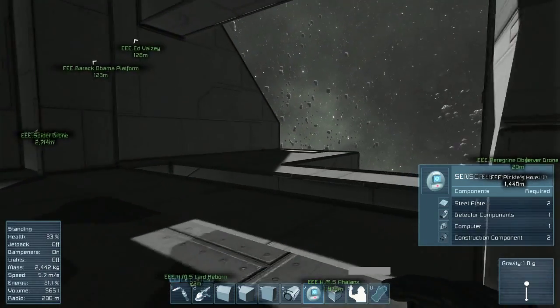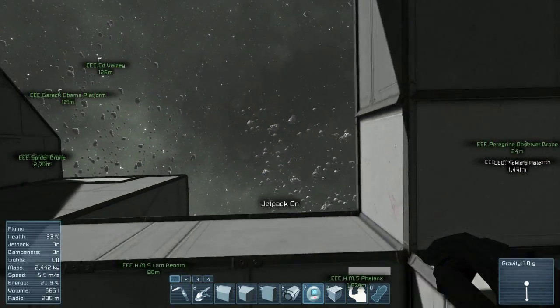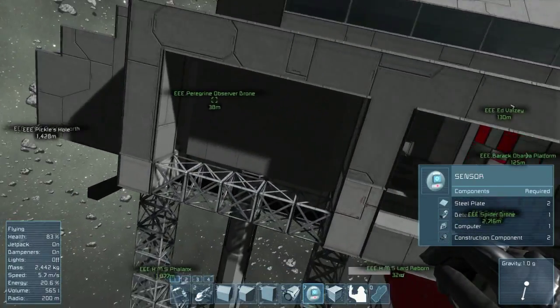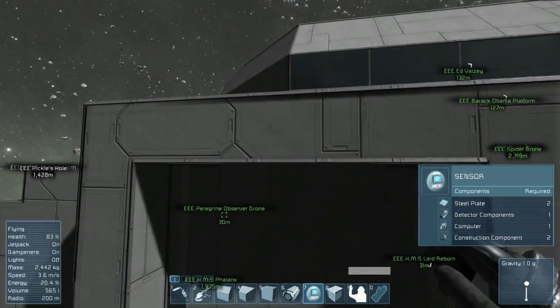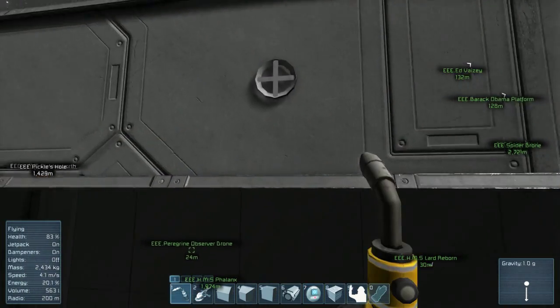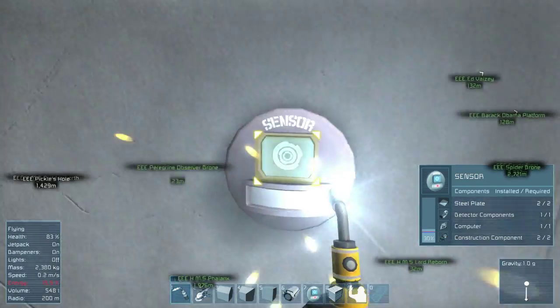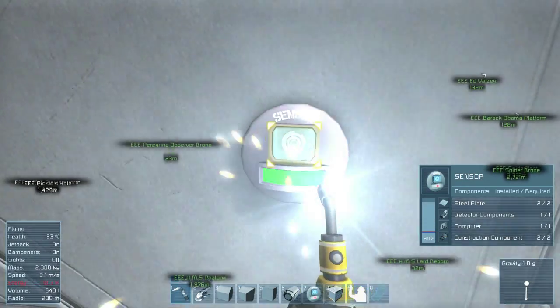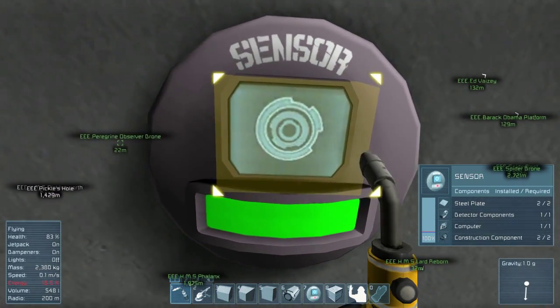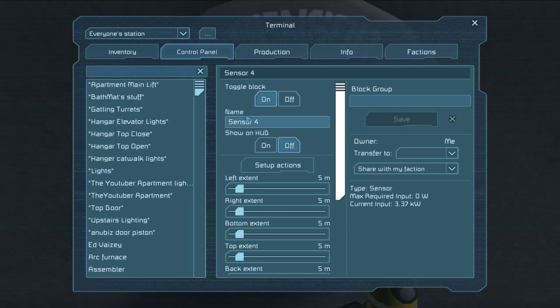So we have a sensor over there. Let's see, or we don't have a sensor over there yet. Let's put this guy back here and weld him up. And then we should be able to interact with him. So sensor 4, so we'll say